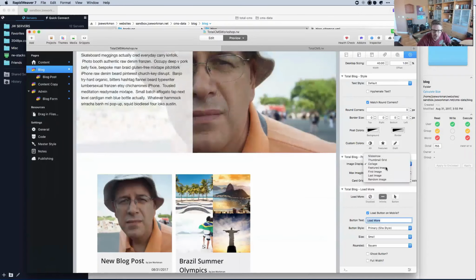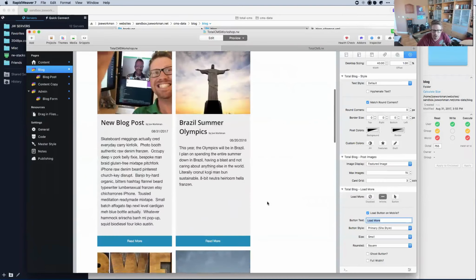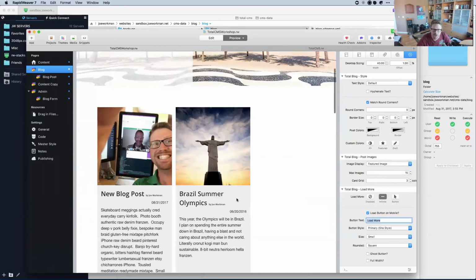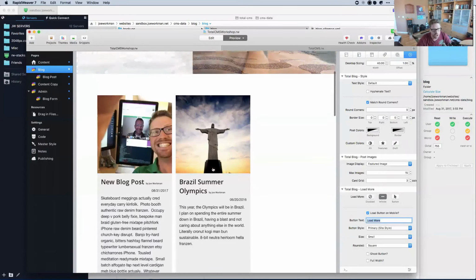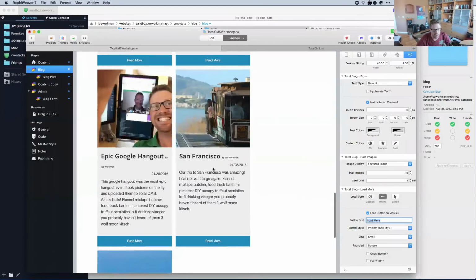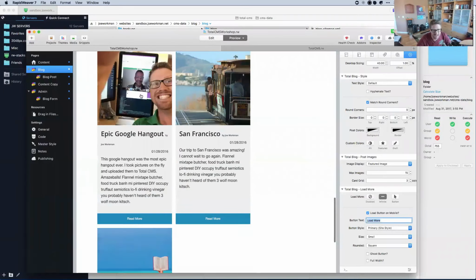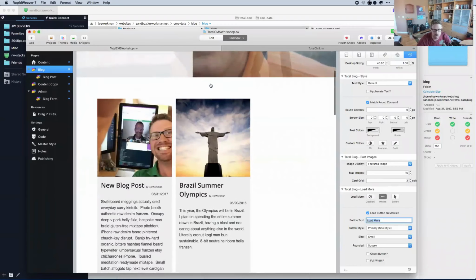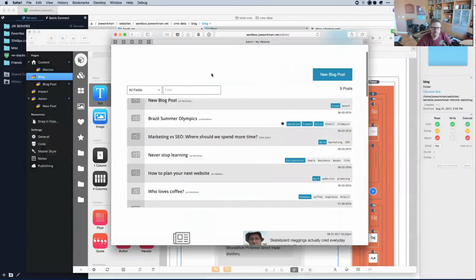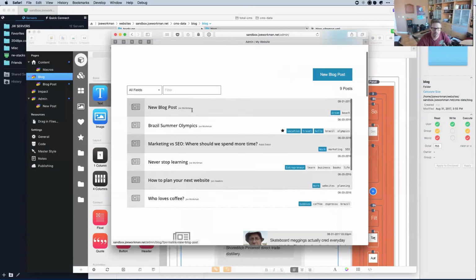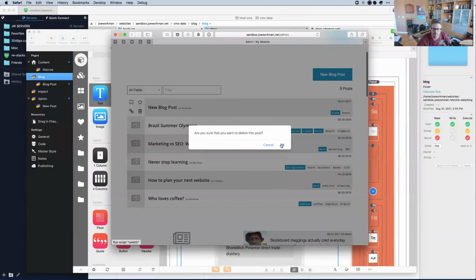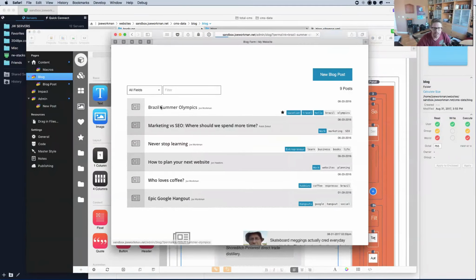You can do featured image, which only shows the featured image from a blog post. If a featured image isn't set, it uses the first image in the gallery. So if you want to determine exactly which image is going to be displayed here in the blog list, when you edit that blog post, let's go ahead and edit this blog post here. Actually, I'm going to delete this blog post I created. Okay, if we edit this one,